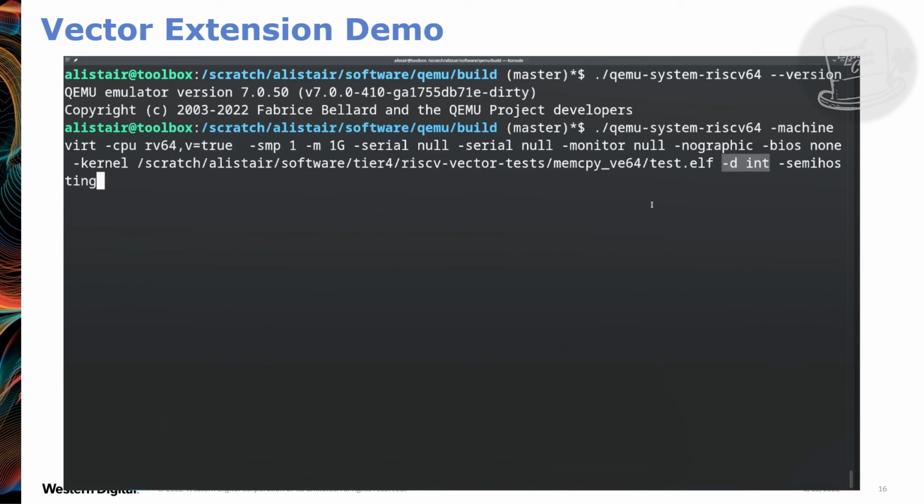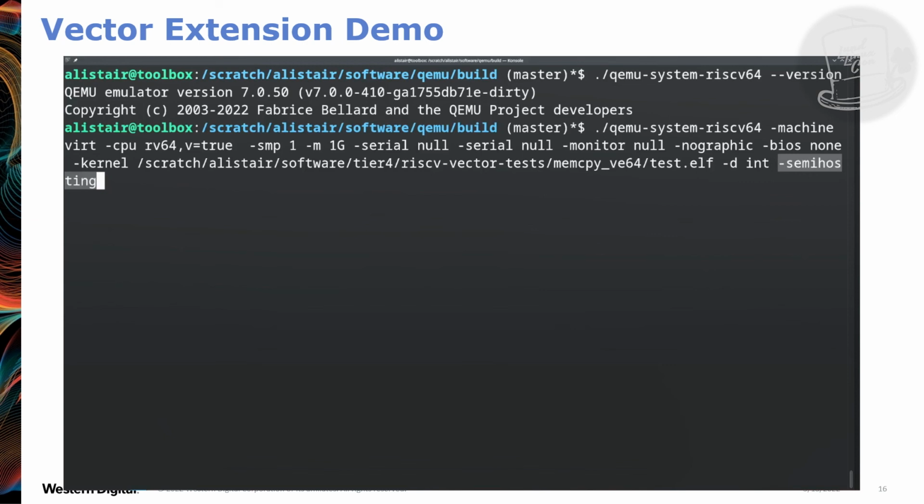And I'm printing all the interrupts and exceptions that occur to debug output. And then I'm running with semihosting. Semihosting is defined in the RISC-V spec, and other architectures have it too. Basically, whenever we see an ebreak, which is the debug break instruction, with a no-op before it and a no-op after it, these special no-op instructions make QEMU interpret it as a system call.